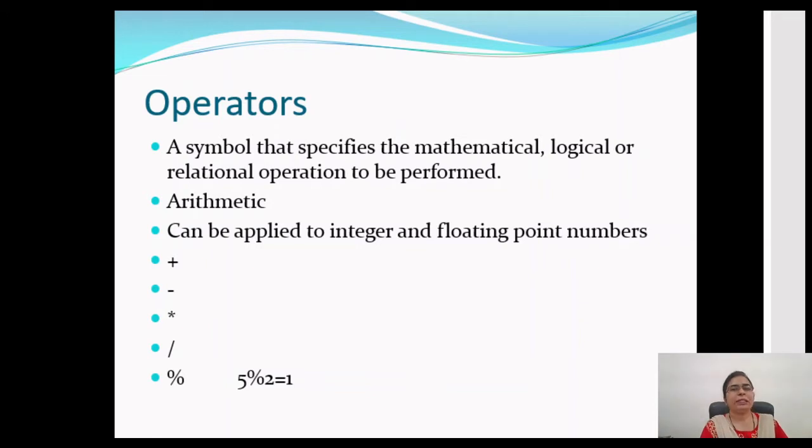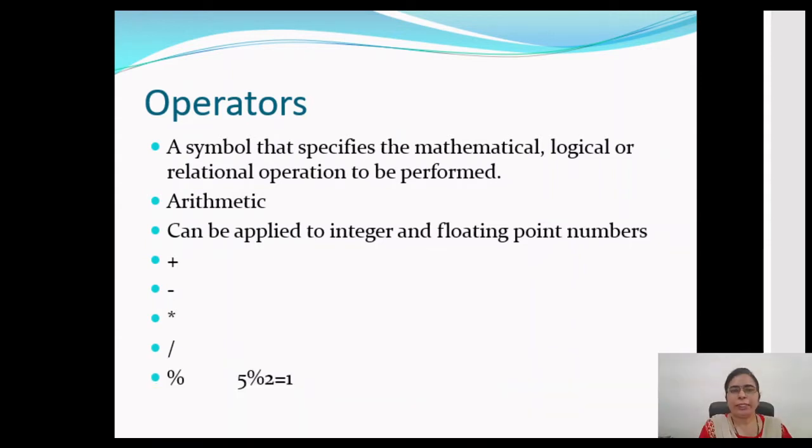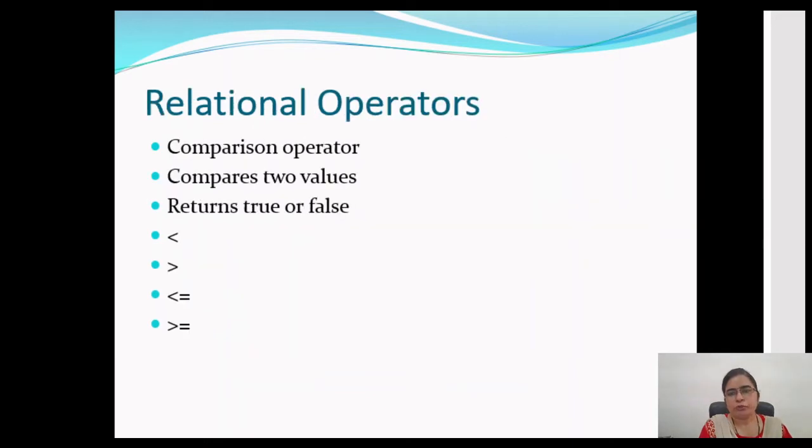But while dividing a number by another number, the result can be a fractional value even if we pass integer inputs. So in case of using the division operator, when we are passing integer type values, we need to be very cautious that we might lose some of the result. So in that case, we need to typecast one of the inputs to the floating point type. With that, the output that we will get will be a floating point type output, and we will not lose the value. Now let us move on to the next category.